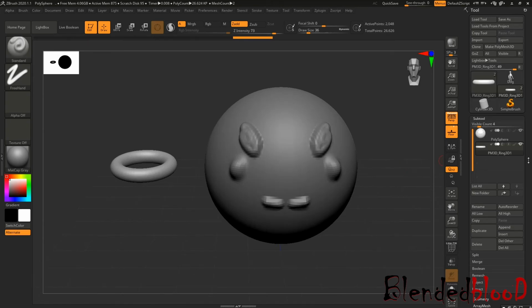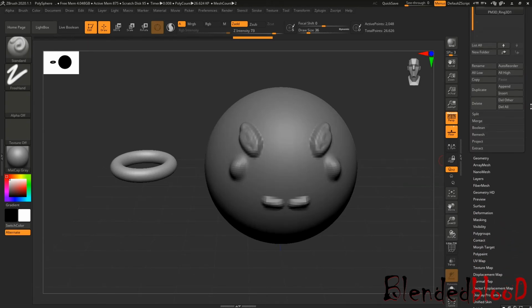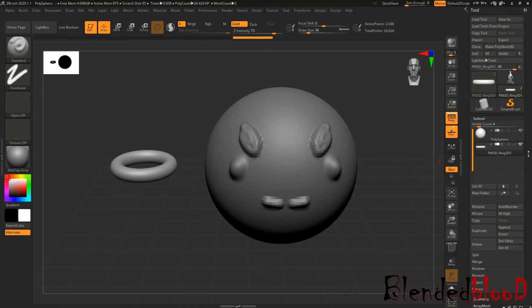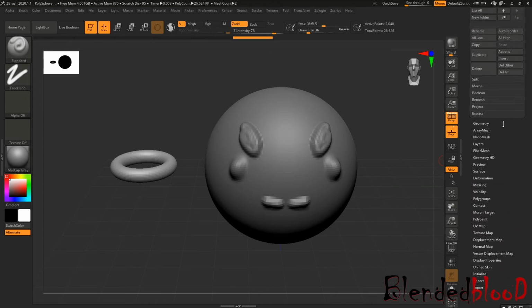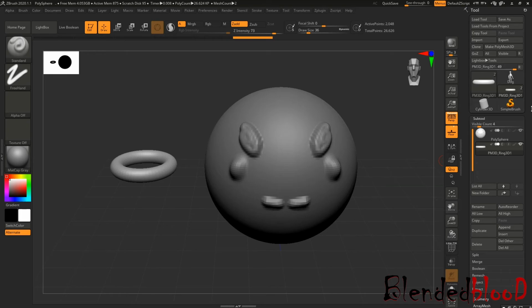If you click your arrow and drag your mouse vertically, then you can find many more options which you will not be able to see in your default type.